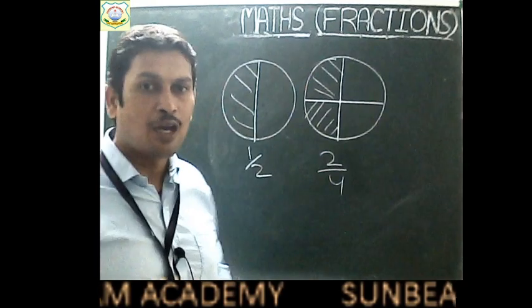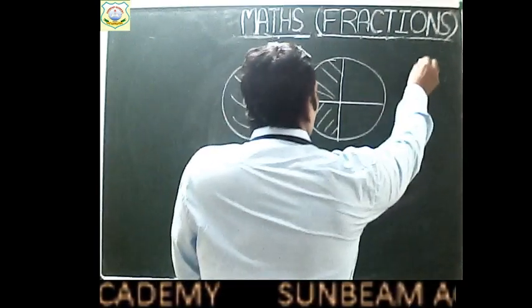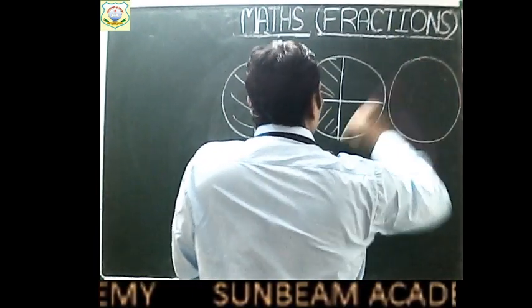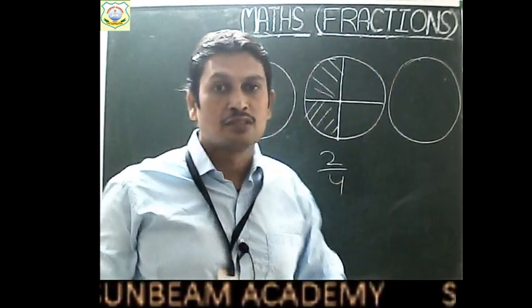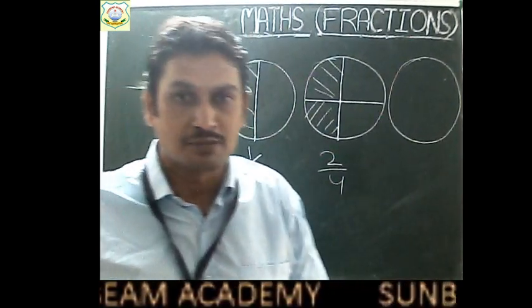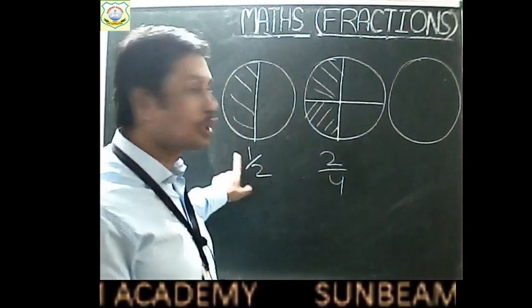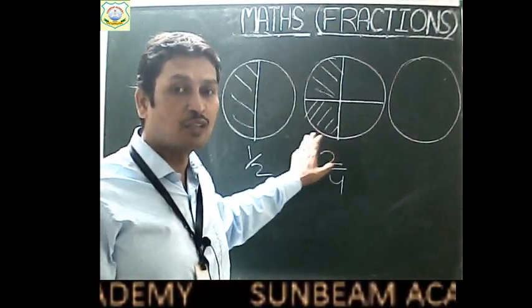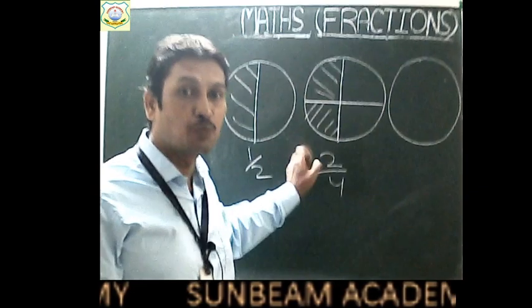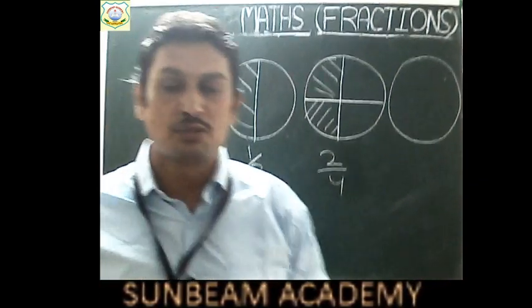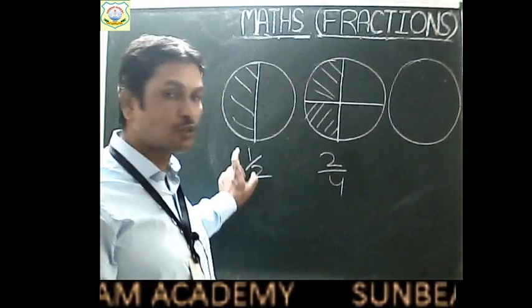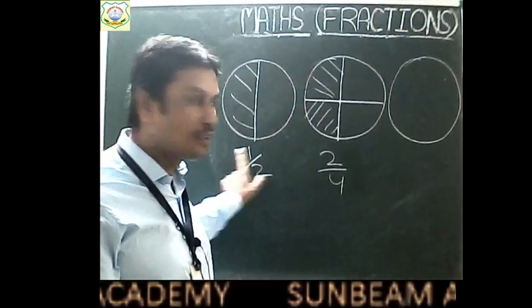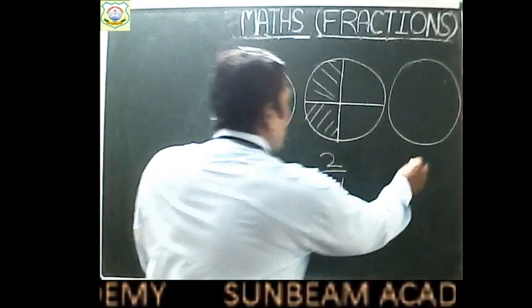Now children, on the third day what happened? Again your father brought another watermelon, and now you increased your demand three times. On the first day you had got one part, on the second day you had got two times the first day, that means two parts. On the third day you increased your demand to three times what you had got on the first day. So on the first day you got one part, and on the third day you are asking for three parts.